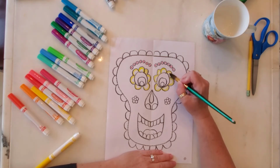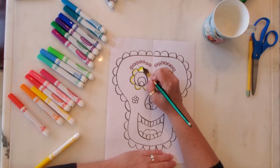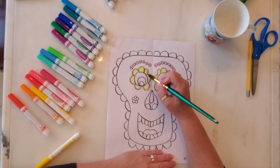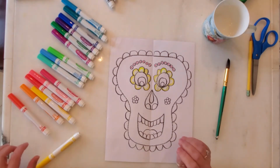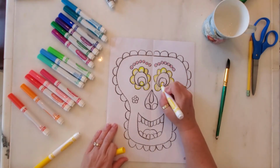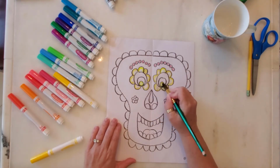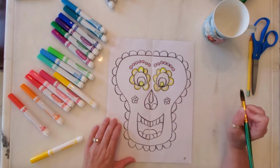So it's like having a very dark yellow and then having a very light yellow. Not sure that you're going to be able to see this well on the video. That one is sticking out a little bit. I wonder if I can add some of that crazy yellow there and help tone that down. I think that worked. So when you make a mistake, fix it and don't tell anyone and no one will